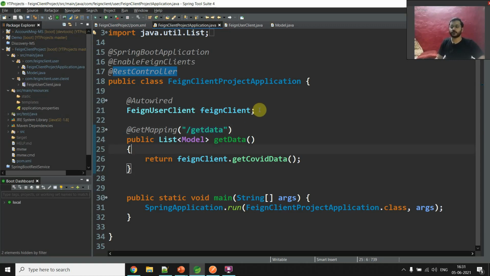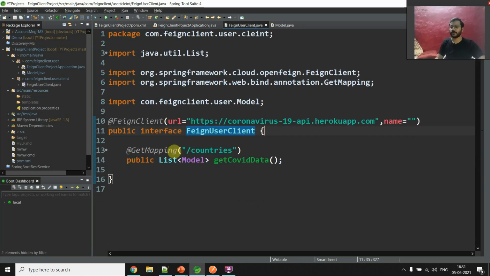It will call this Feign client get COVID data. And what it will do, it will go to this URL and hit the particular endpoint, and whatever data is coming, that is list model, right, and it will give it to you.